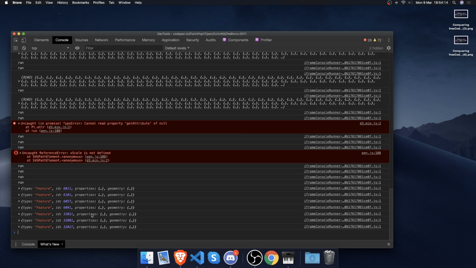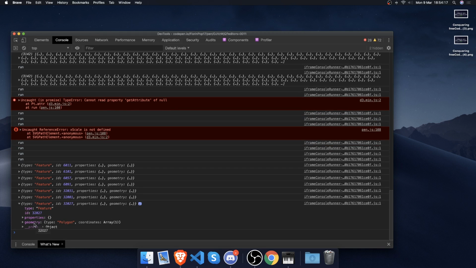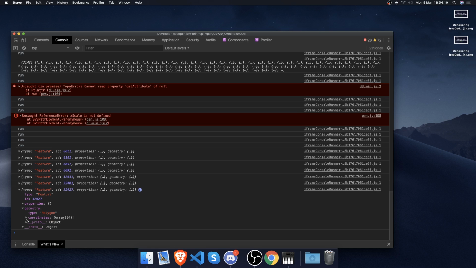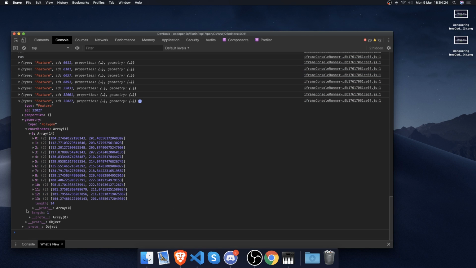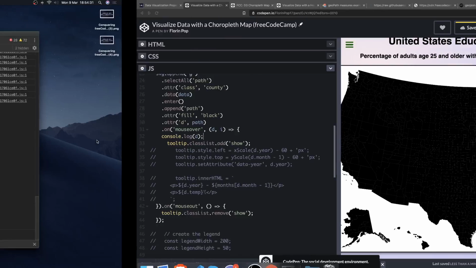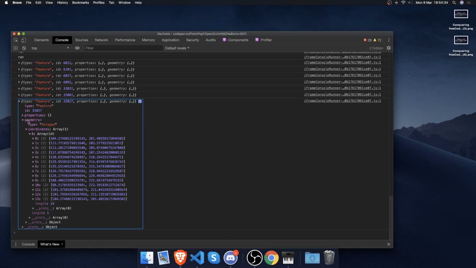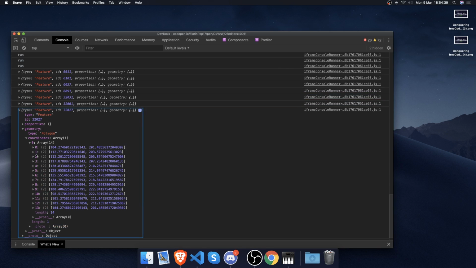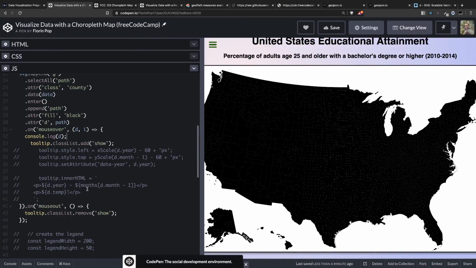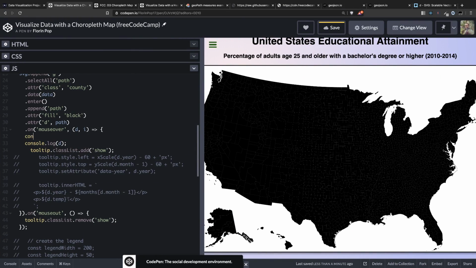D. Oh, okay. Geometry, coordinates. So it has some points. I guess we could use this as an X and Y. Let's try that. So we get the dot geometry dot coordinates, and we have an array. So the first element. Okay, let's write it down before we forget. So coordinates